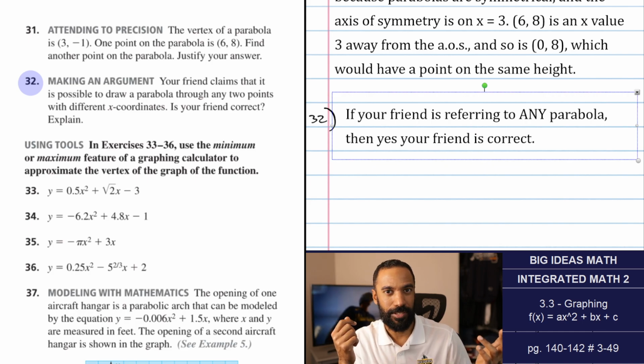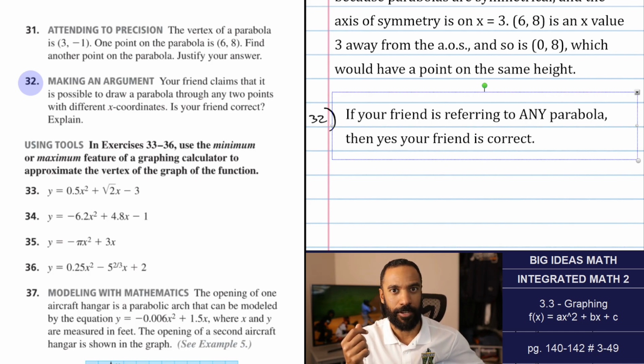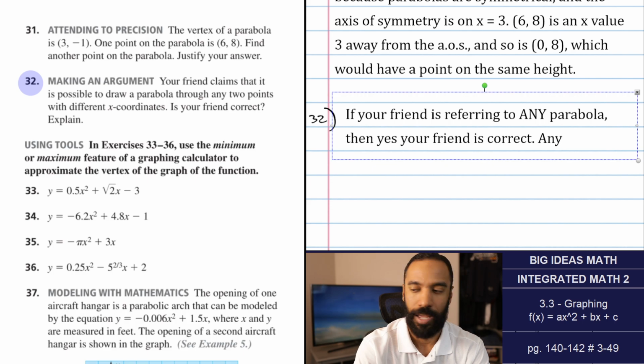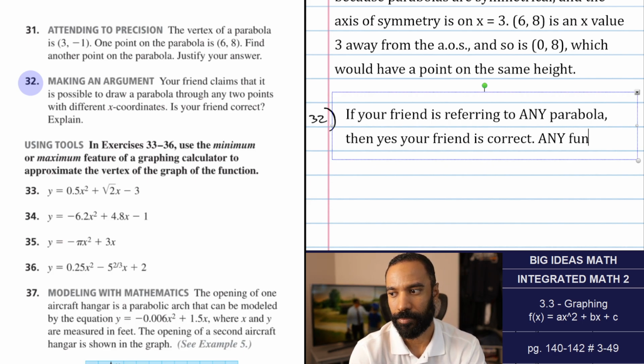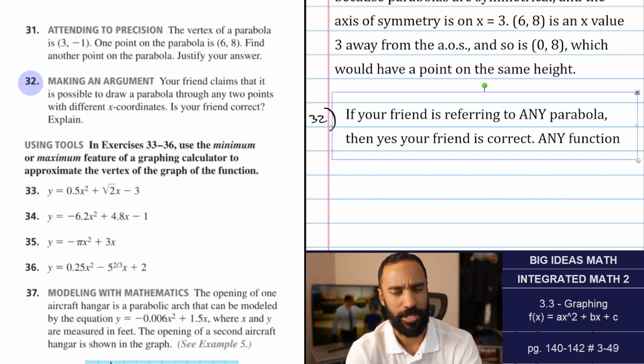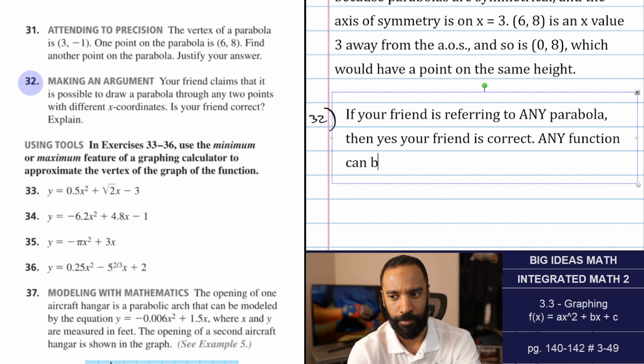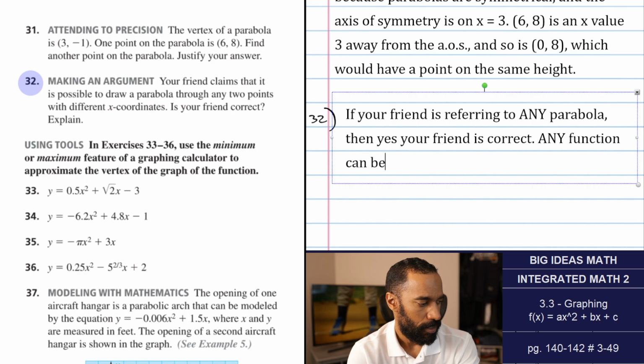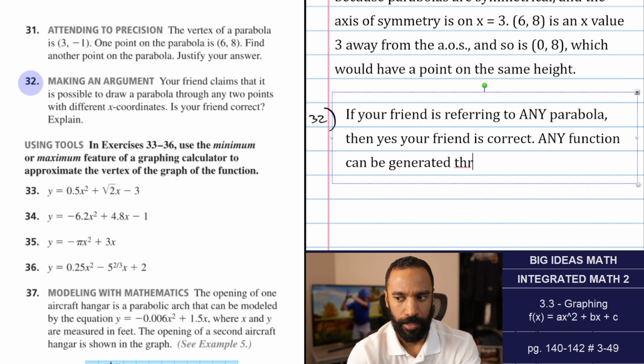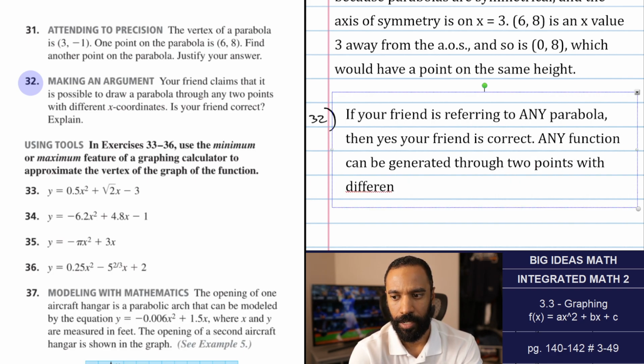I don't know how to say this in any sort of way. You can make any function, any function, unless I'm misthinking that, any function of any type can be generated through 2 points with different x coordinates. I don't know how else to say that. Now,